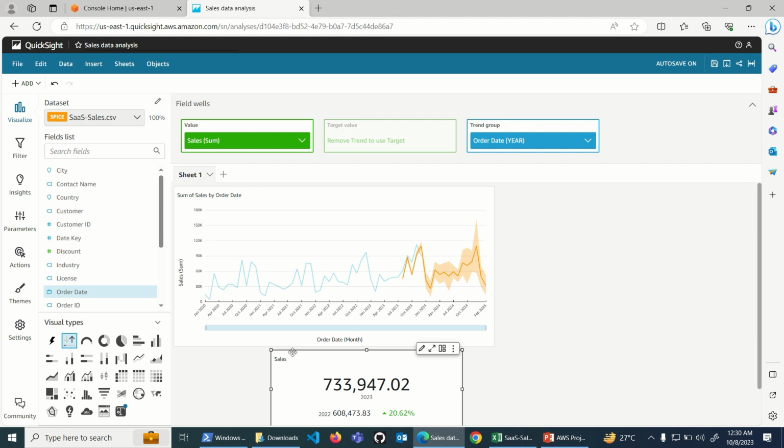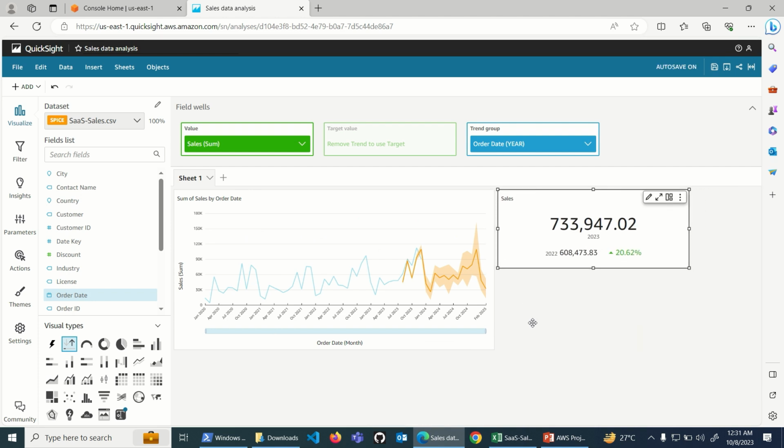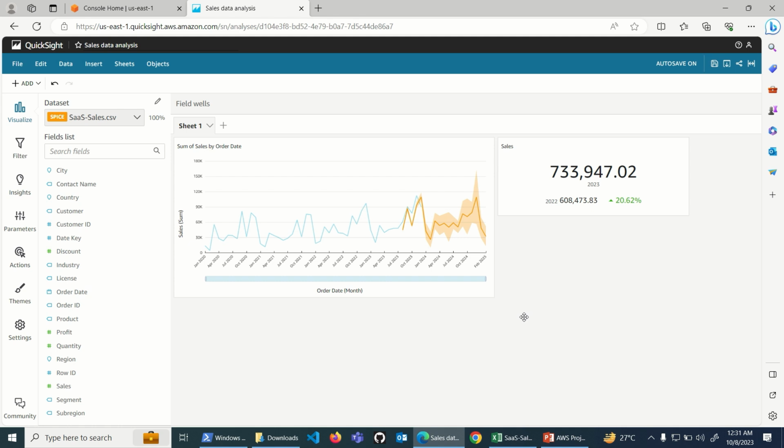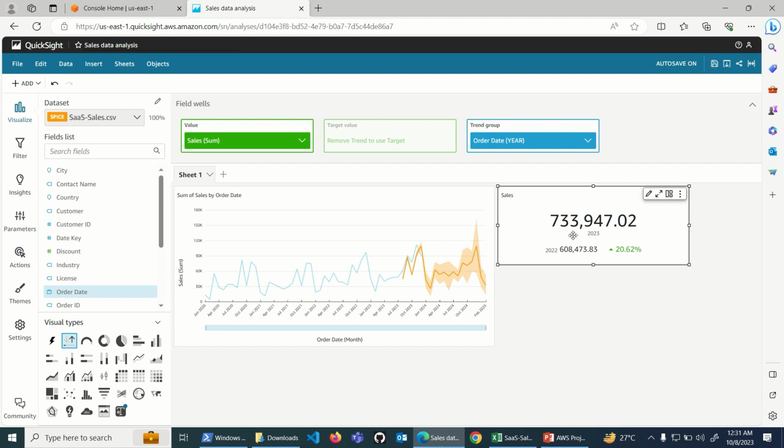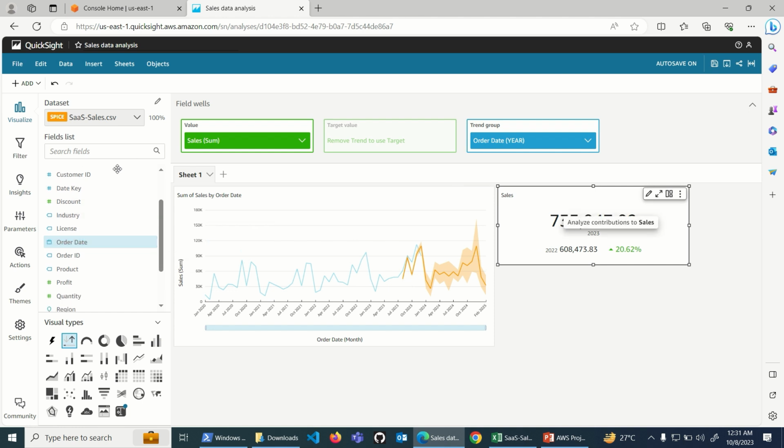Now let's move this KPI chart a little bit over here. Perfect. After that, let's click this particular KPI and click the button on the month. So let me show you that as well. Now we have added this, and now if you click on the add button, it will basically tell you how you can.